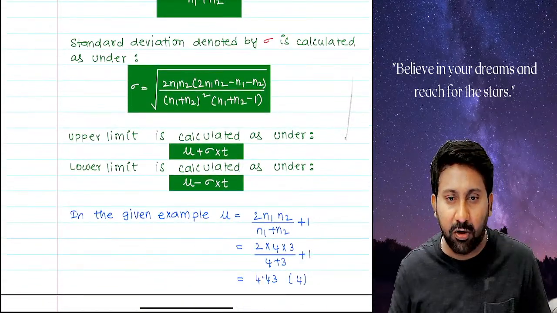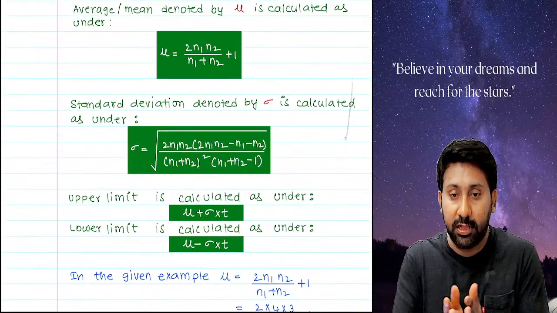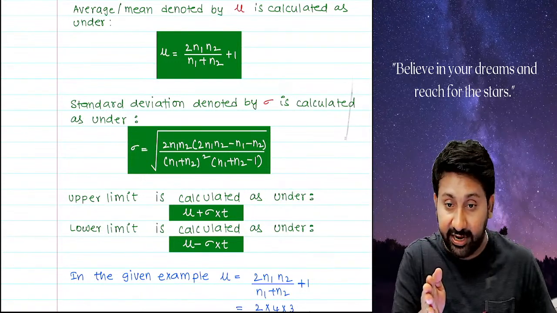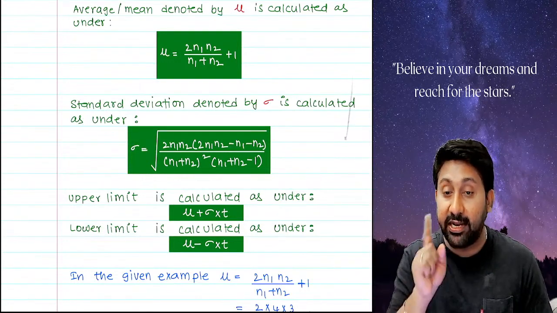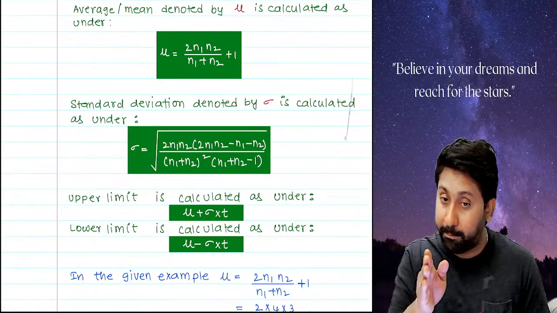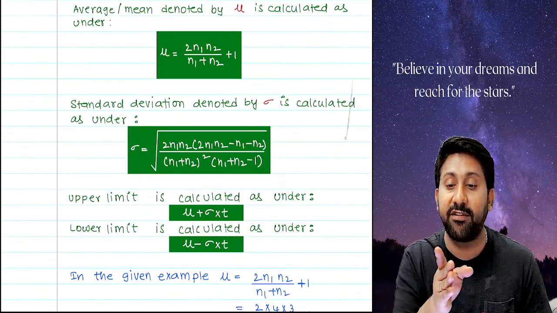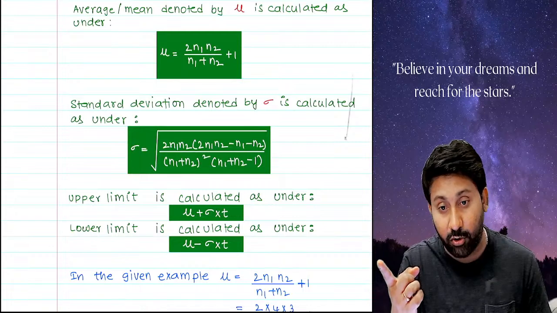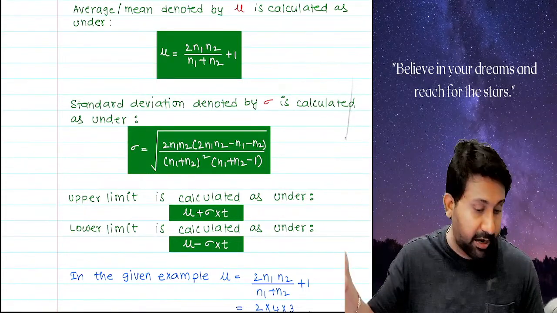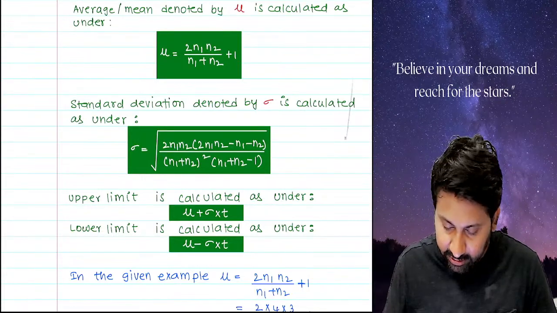Sir, what is this upper and lower? Listen carefully. Standard deviation means what? Average 8, standard deviation 4. What does it mean? The average is 8, but that average is not guaranteed; it has a deviation of 4. Means 8 can go up to 12, or 8 can go down to 4 as well. A standard deviation of 4 means positive can be there, negative also can be there. Therefore, the average is 8; it can be added with 4 and become 12, or deducted by 4 and become 4. Anything can happen.